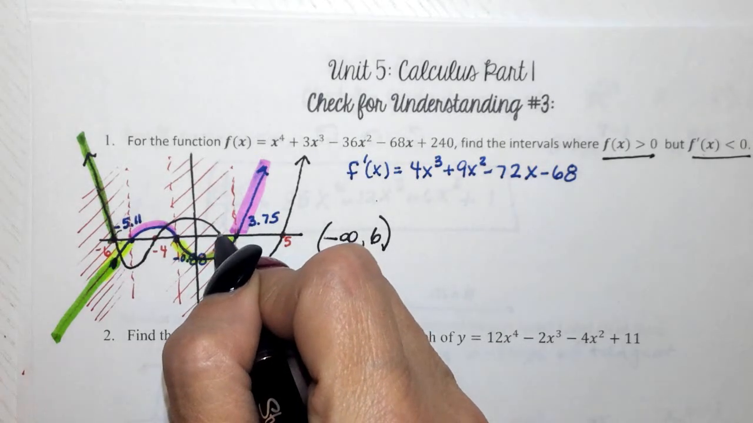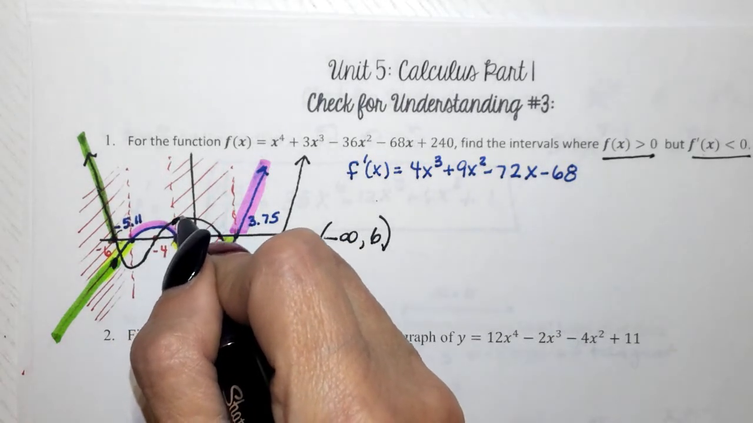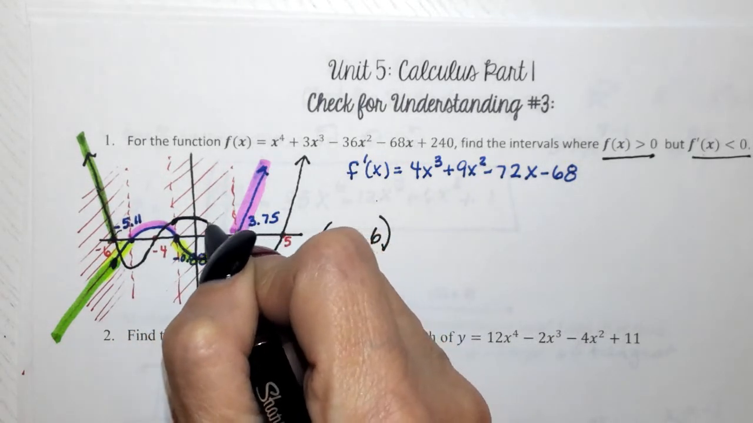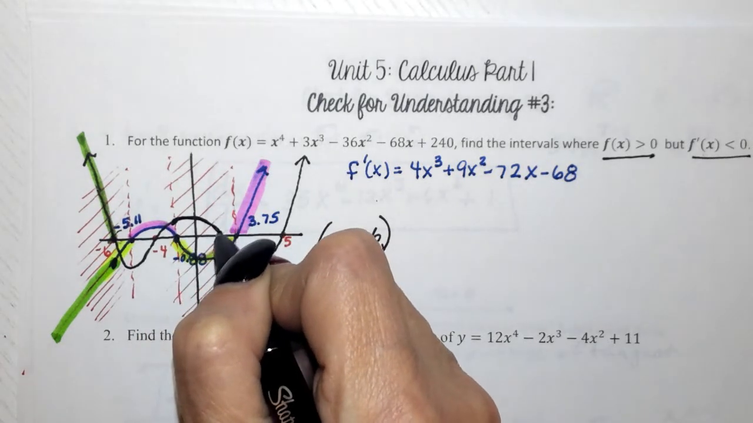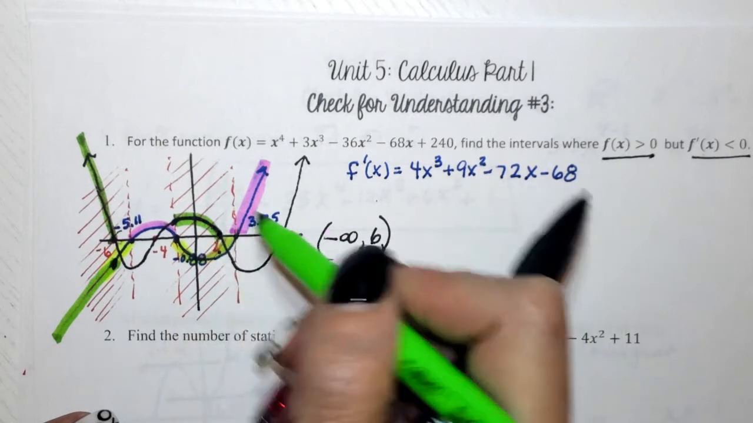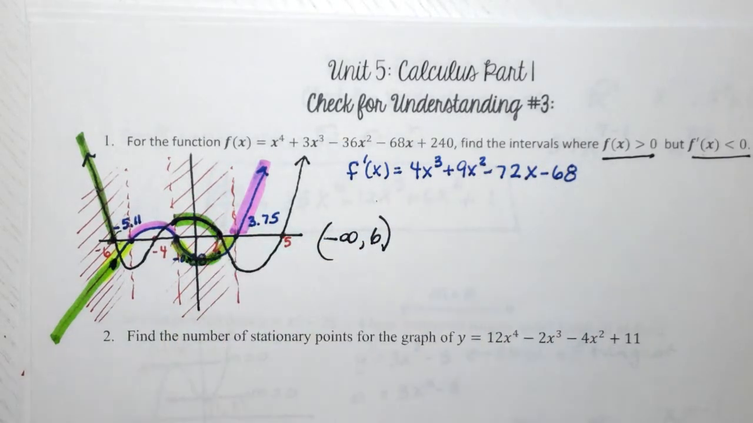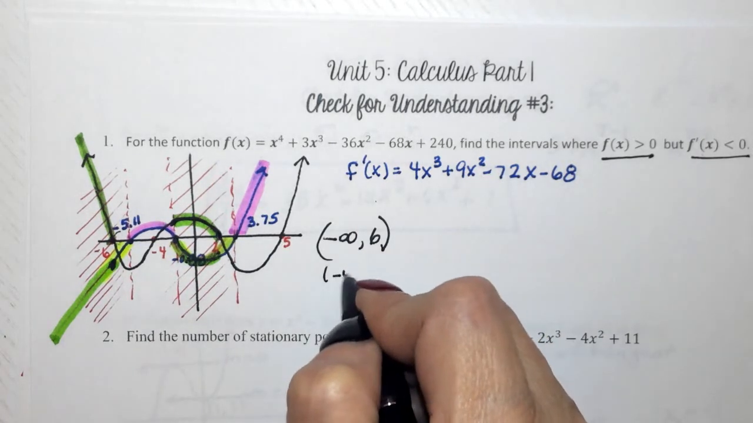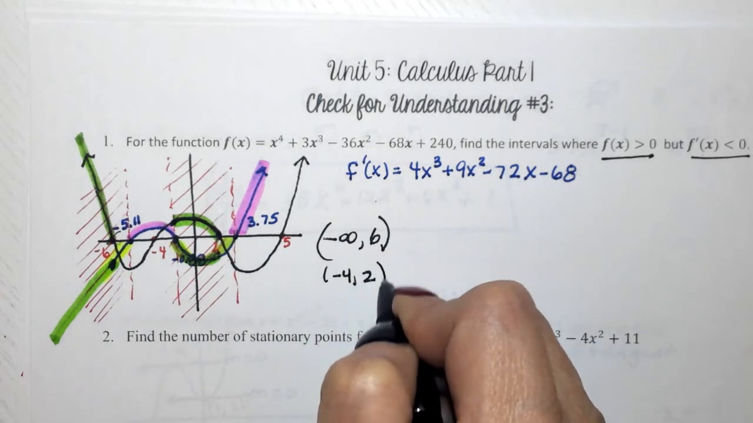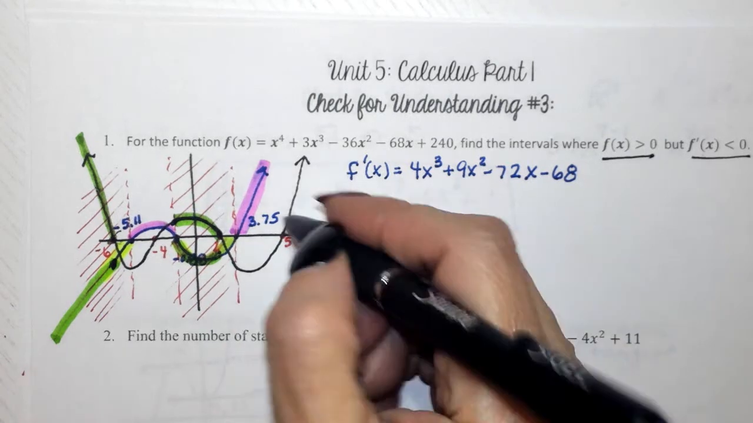And f of x, which is this one right here, from 4 all the way to 2. Look, f of x is positive right here, right? So right here, f of x is positive, and f prime of x is negative right here, but only from -4 to 2. We meet that criteria, I would say that. And then, is there anywhere else? Well, here,